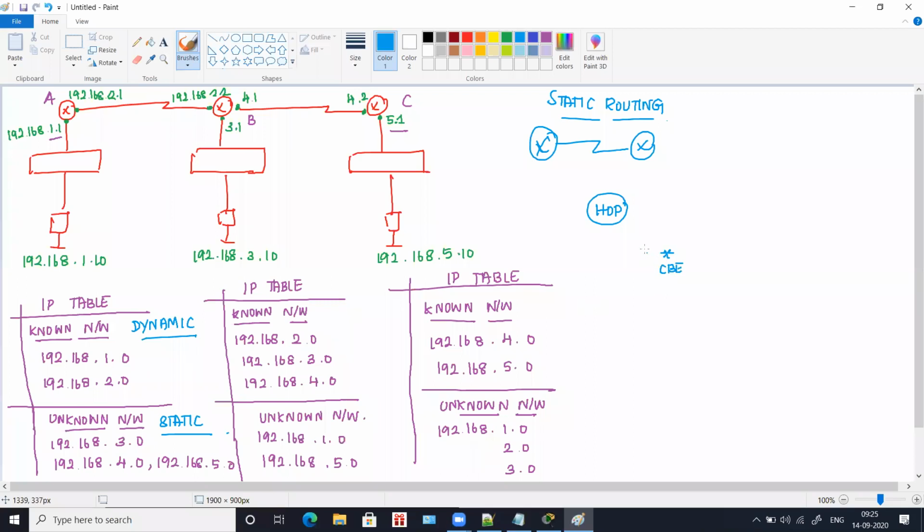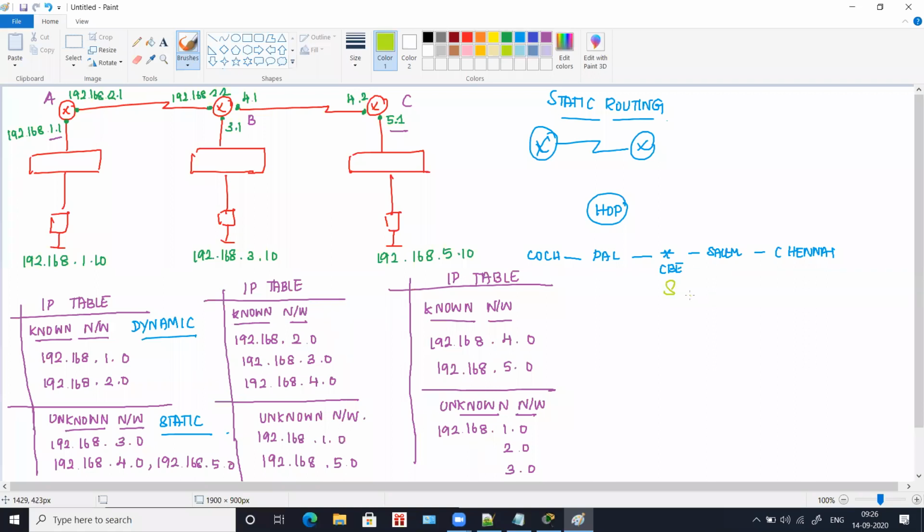From Coimbatore, if you wanted to go to Cochin, you go through Palakkad. And from Coimbatore, if you wanted to go to Chennai, you go through Salem.